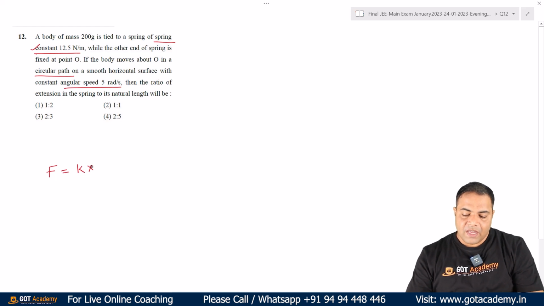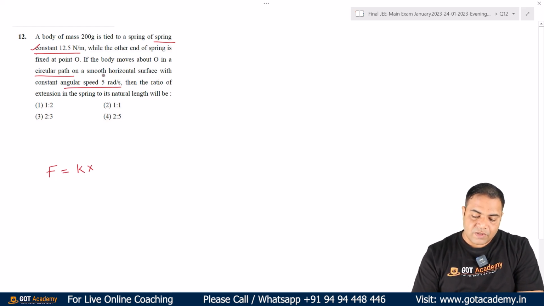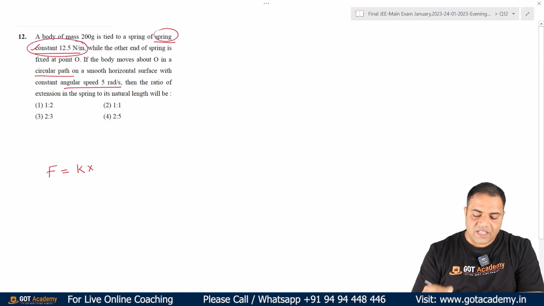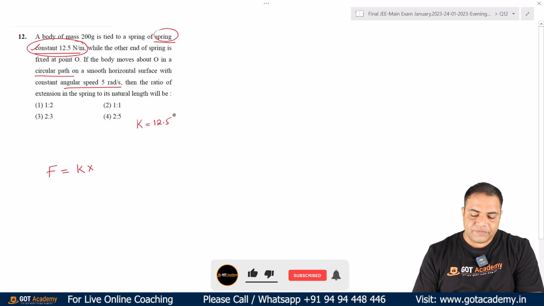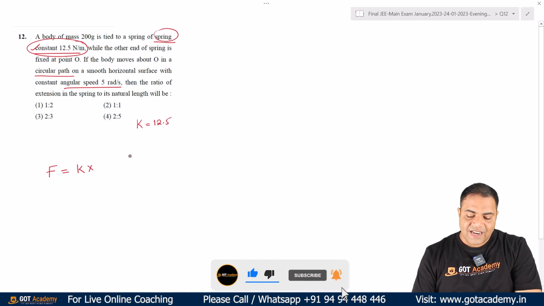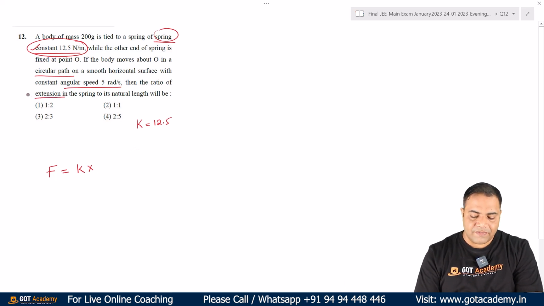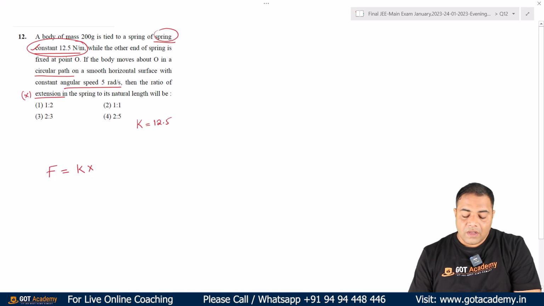Okay. So what is the value of K? So this spring constant, this one is there now, 12.5. This is nothing but K. So K is given as 12.5. Okay. What does this X stand for? X stands for extension. This extension itself is known as X. Okay. Now,